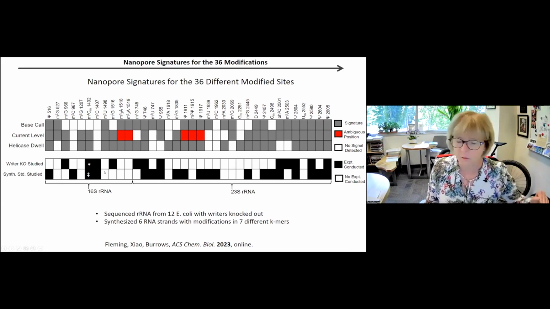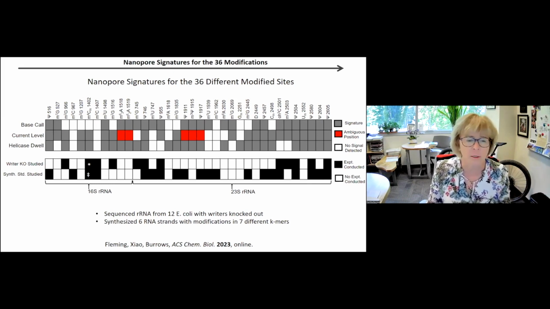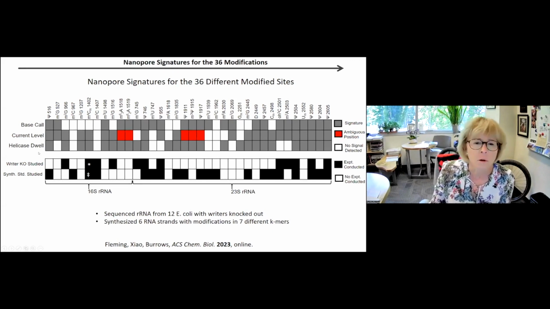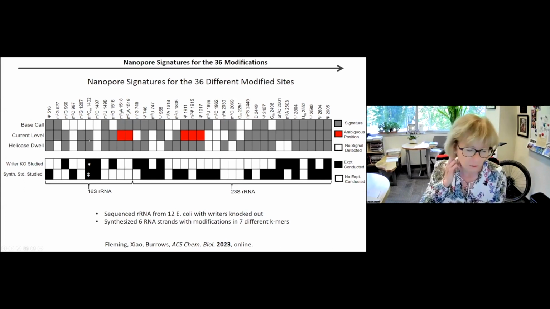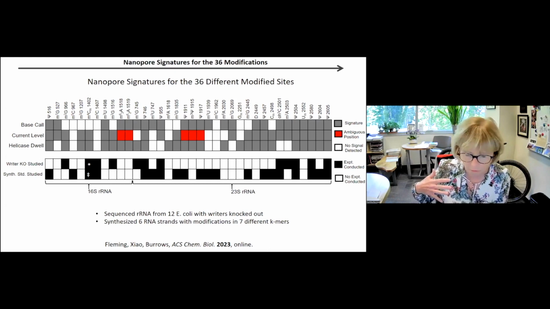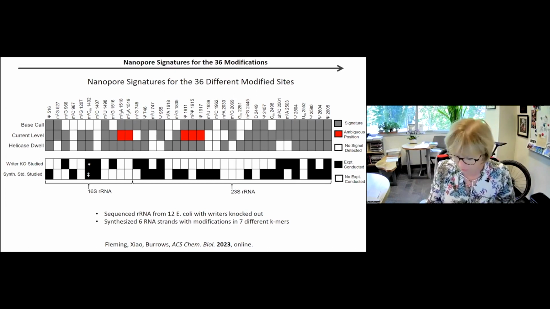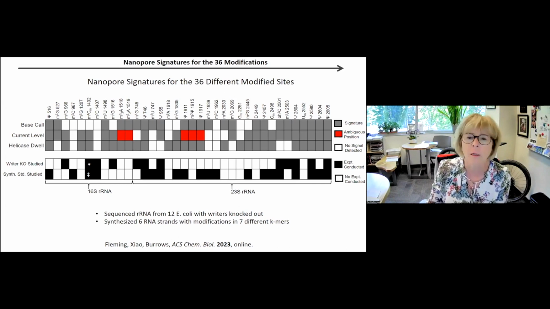When we had the triphosphate available, we could insert that into that Kmer synthesized strands and look at various Kmers. Then we made writer knockouts, grew those up and isolated E. coli and looked at those as well. And so for now, having all of these mapped in terms of what modifications really look like in the E. coli ribosome, and remember that these are all written at fairly high levels, usually greater than 90%, we were then